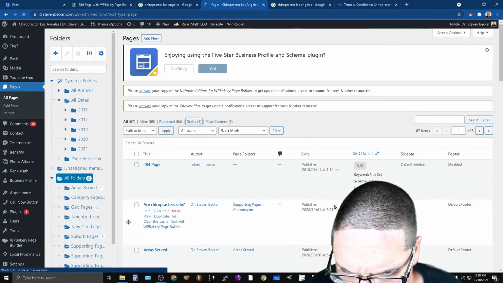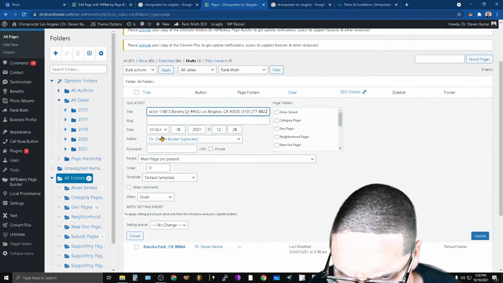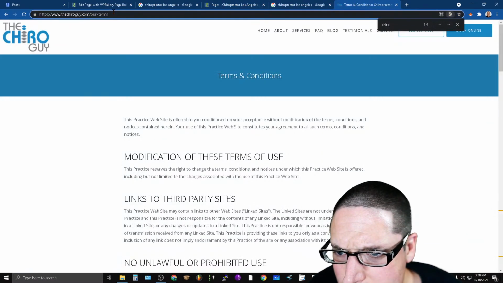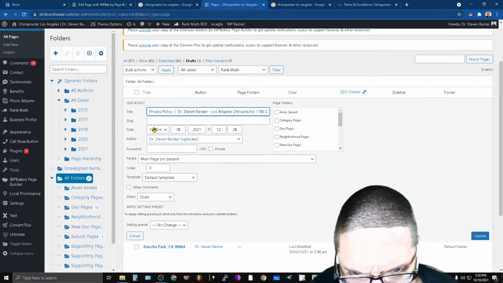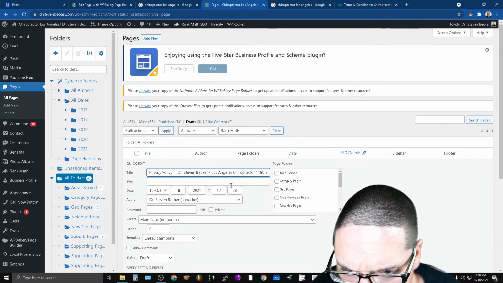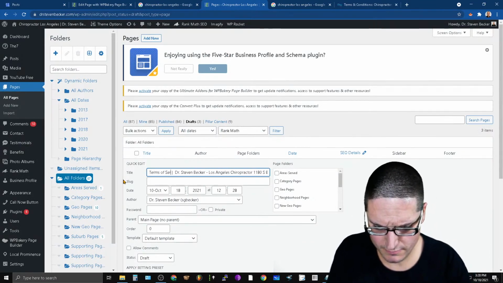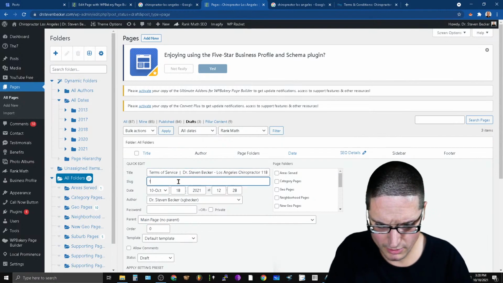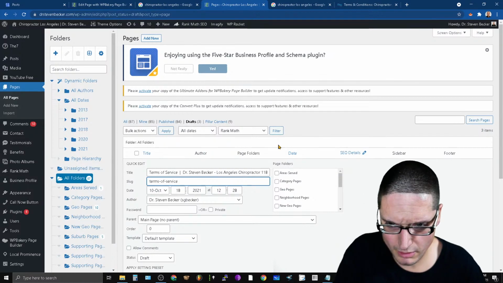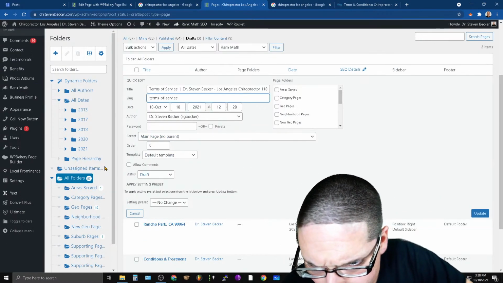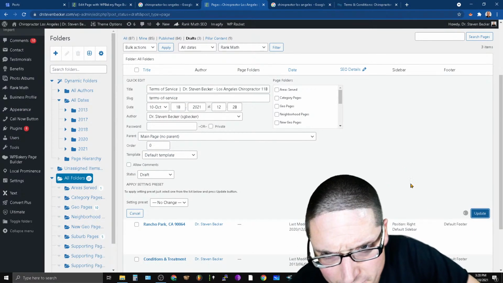So privacy, we'll come over here. All right. But this time what this one's going to be called is, what'd you call yours? Terms? All right. Well, I'm going to actually call mine terms of service. That will be a little bit different here. So we're going to call this terms of service, right? And then we're literally going to do terms of service. Okay. So that's that. Done. Okay, good. Moving right along.